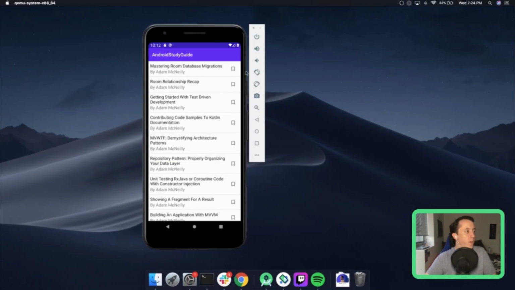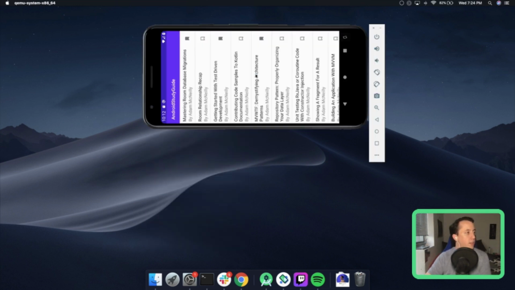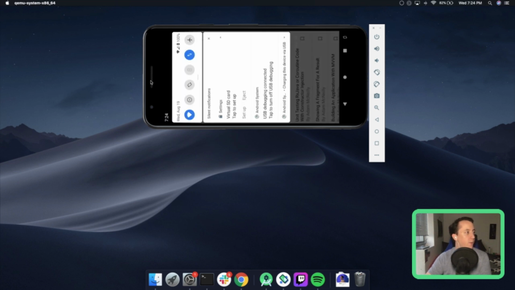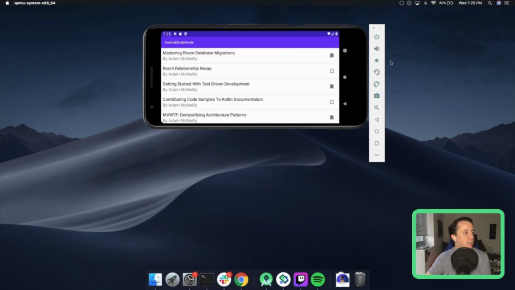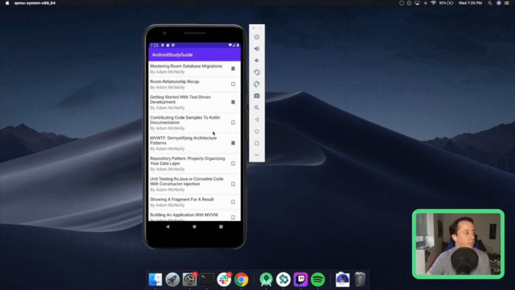Let me think about what other short things we could do for today. We could build a brief caching mechanism, maybe not a Room database, but some other in-memory bookmark cache that is separate from storing the state in the view model. But to test that the view model state actually works, we could just rotate this device, turn on auto rotate, which will recreate the fragment, and we can see that our bookmarks are still there. So that's cool to make sure that state is still working.